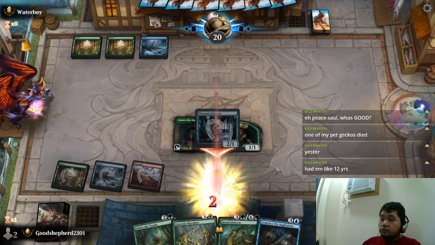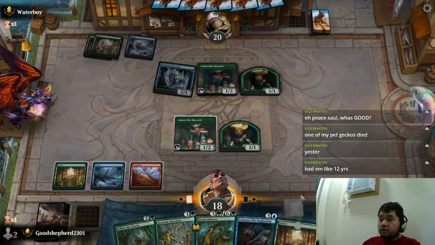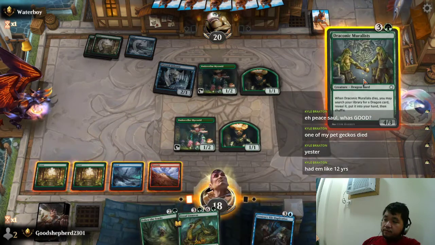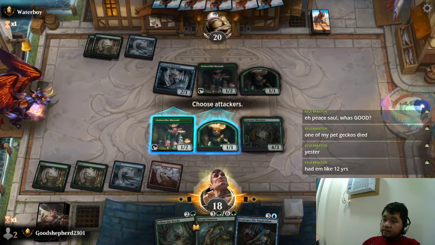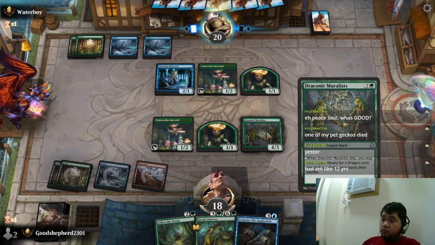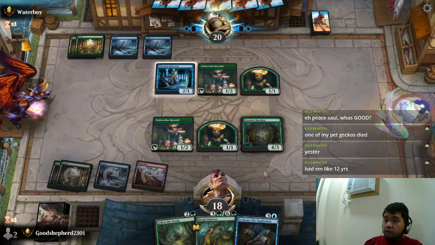I think I just take the 2 for now. They have their own Underseller Myconid, so those are the beats. Yeah, I definitely want to cast the Muralist. And then I want to also cast Vile Duplication on the Muralist, but we'll see what our draws are. We might have to do something else. But yeah, flying for a tree that...